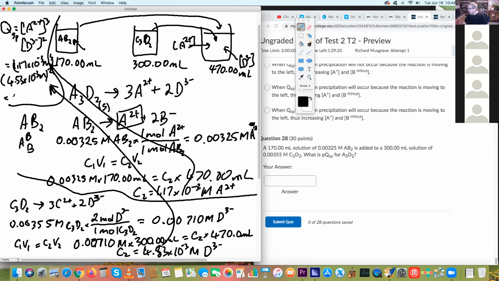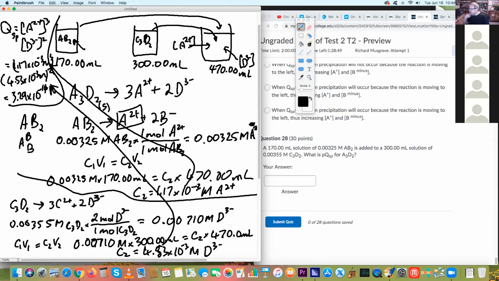And that gives us our value of Q. So let's see. So that's that one squared. And I get for that 3.29 times 10 to the negative 14